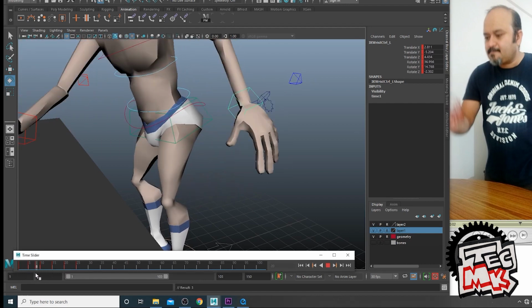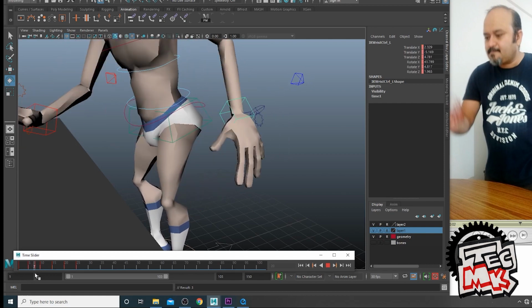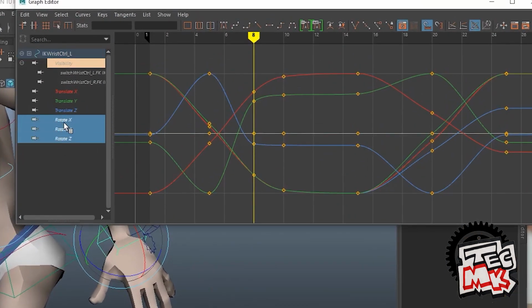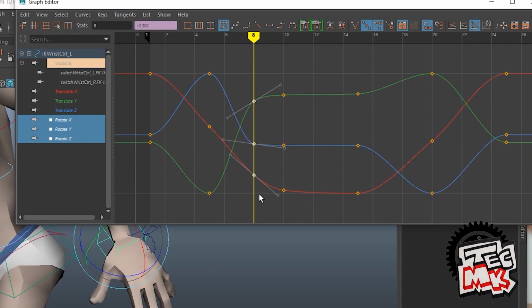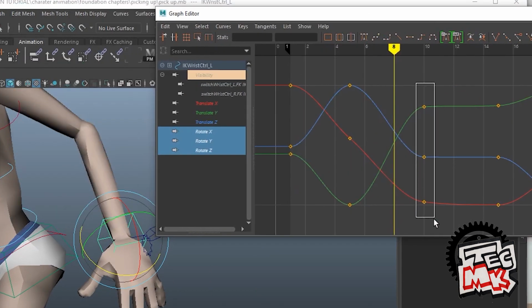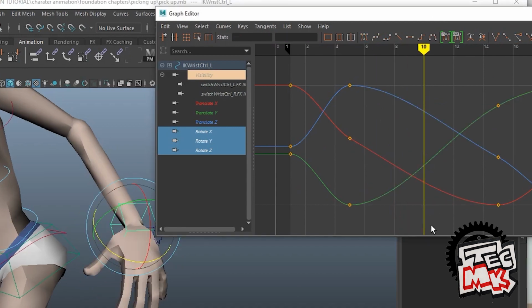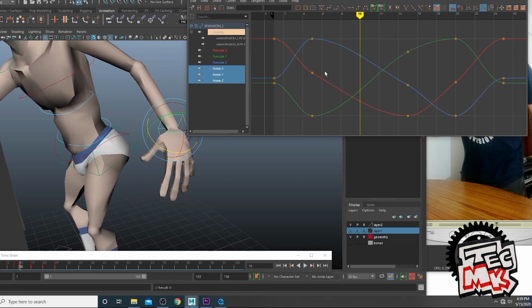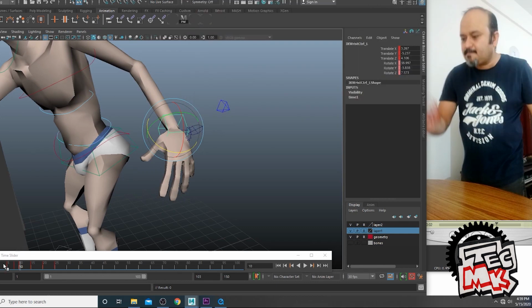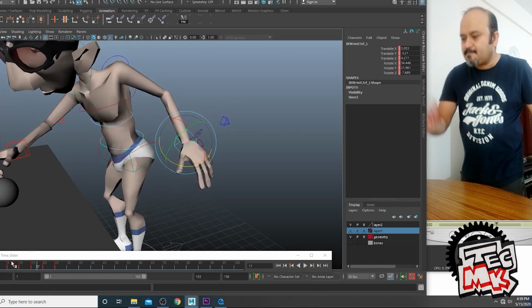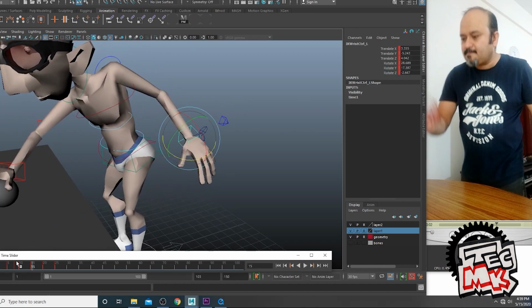Now here what we can do is, when the hand is moving forward around frame 7 or 8, we'll come here and delete the rotation values for the hand. Going even further, we can delete the rotation values for the wrist also at frame 10. So you see, all the keys are deleted, and how does it look? Yeah, more fluid. Of course, the fluidity has increased too much, but then what we can do is